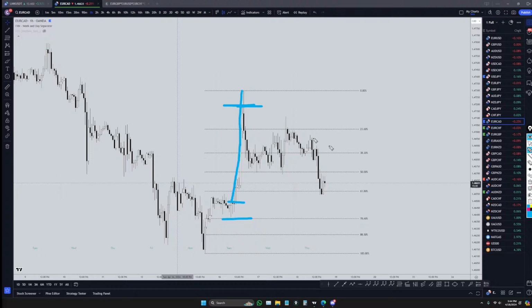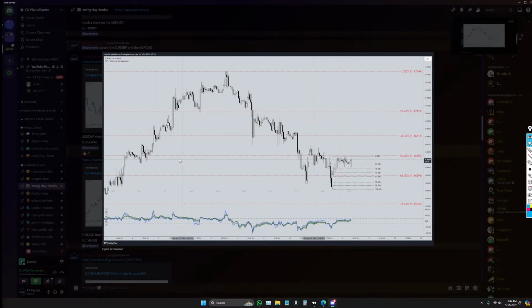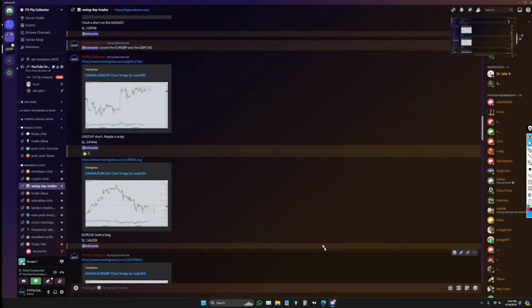That ended up being about a 5 to 1 risk to reward ratio, and that trade only lasted about an hour and a half. And that was a trade that I shared with my members at the time of entry on the 16th of April. This was the chart that I posted for the people in my group. Very, very profitable trade.